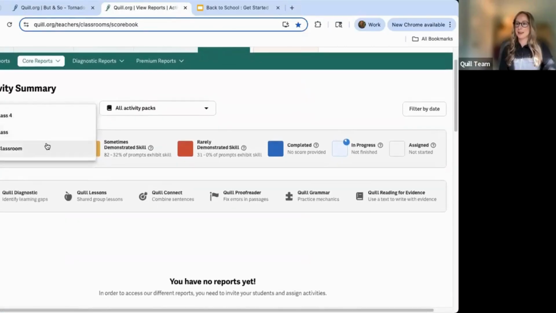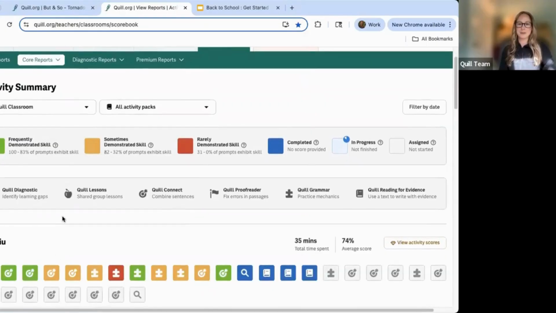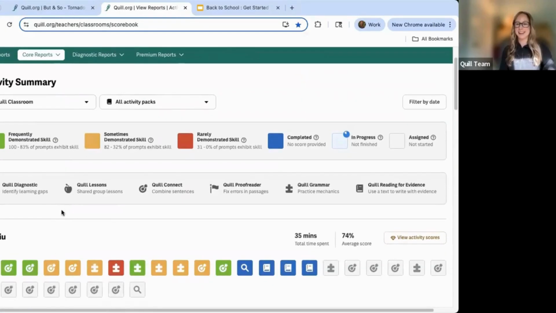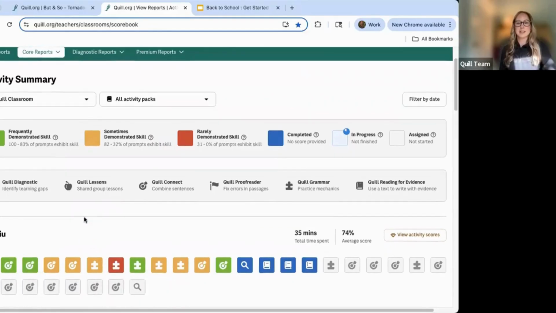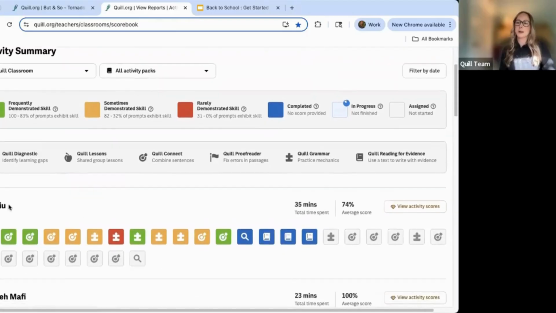And let's choose a different class, Quill Classroom, beautiful. We've got some data there that we could take a look at. So each student has activity squares, we'll call them. So those would be each of these icons that I'm hovering over. And this shows a variety of several different things, including their assigned works. We see that these icons indicate the different activity types, from Quill Diagnostics to Lessons, Connect, Proofreader, Grammar, and Reading